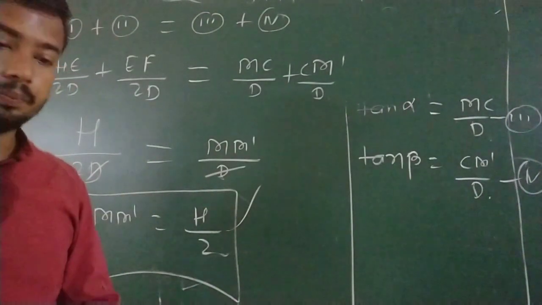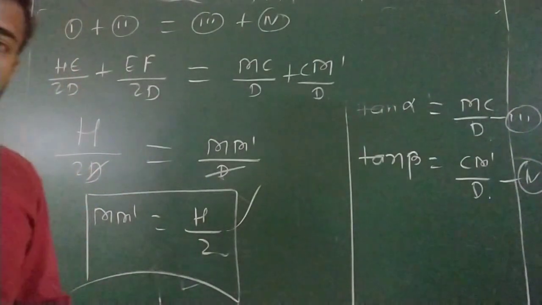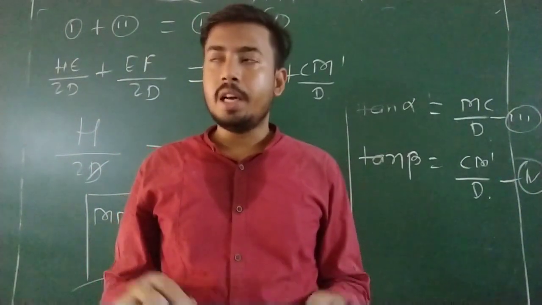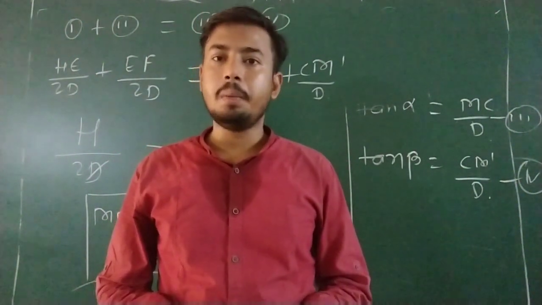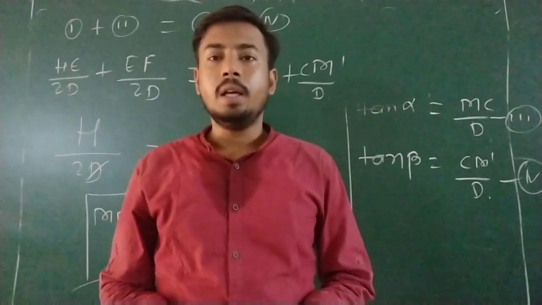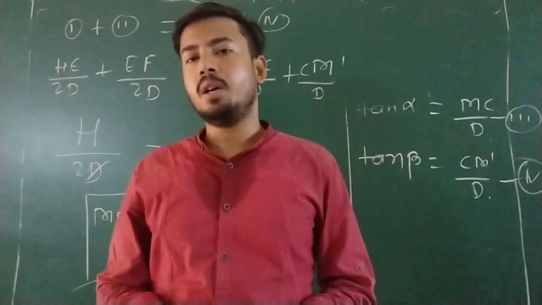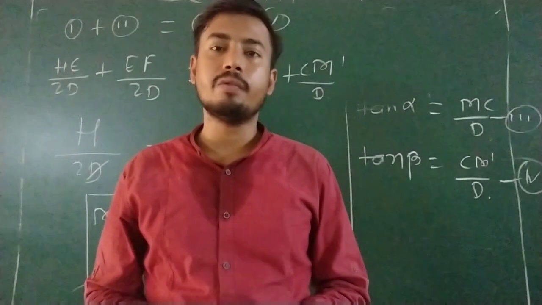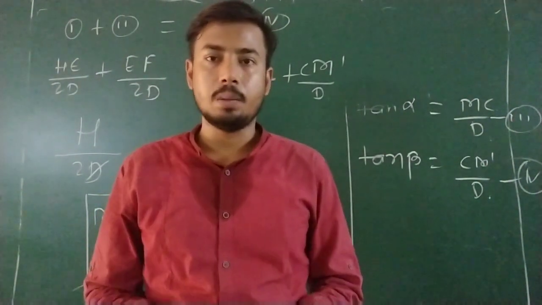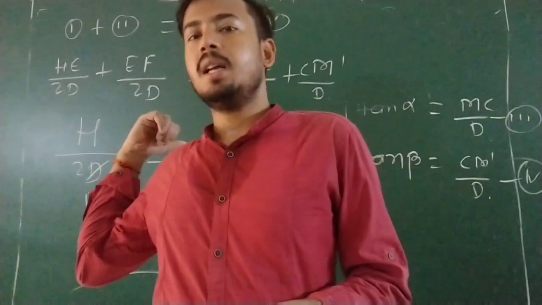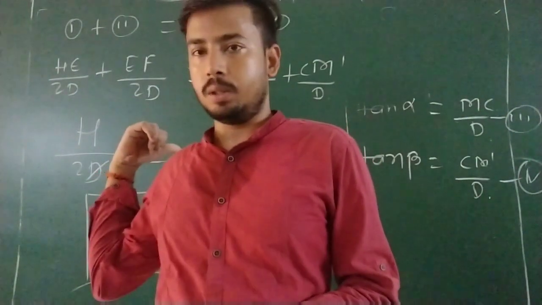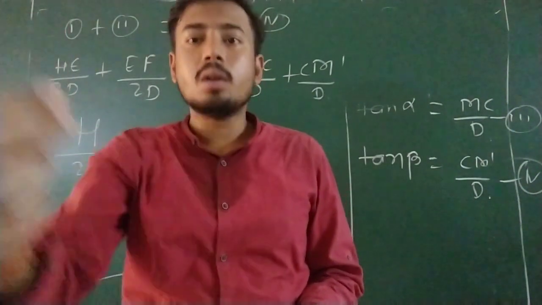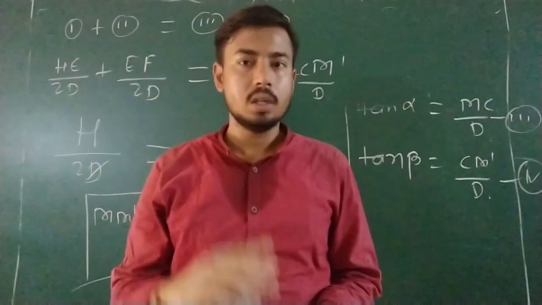Now we are going to take one more example. Just see all these things. If it is clear, then we will take another example. Suppose that you are standing in a room and they ask a question: if you are at the center of this room, what should be the minimum height of mirror to see the complete image of the wall which is behind you? Suppose that I am standing here. In my backside there is a wall, but I am not able to see it. If there is a mirror, then I will be able to see. So what should be the minimum height of this mirror to see the complete image?